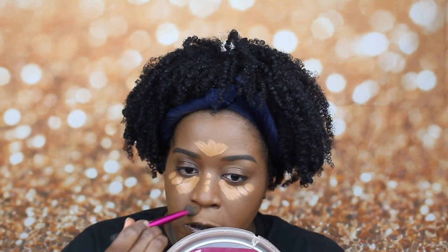To blend out my concealer, I like to use 2 things. I'm using the Real Techniques brush as well as a damp sponge, and then I just like to pat the product in, not necessarily dragging the product down or moving the product around. I'm just blending it into that spot. My Cupid's bow, I like to drag that product